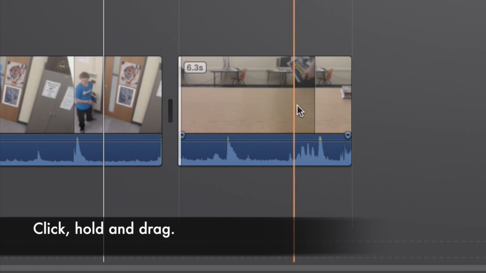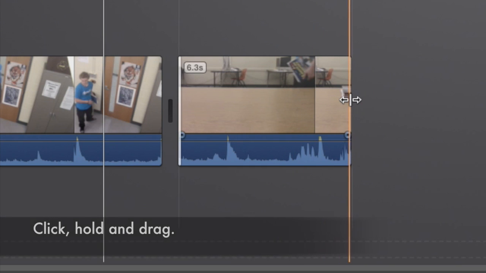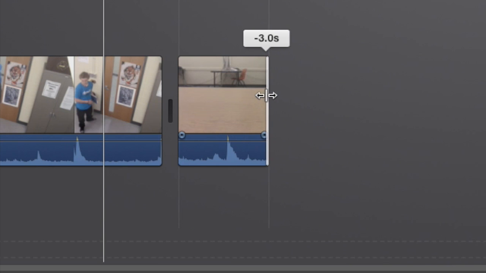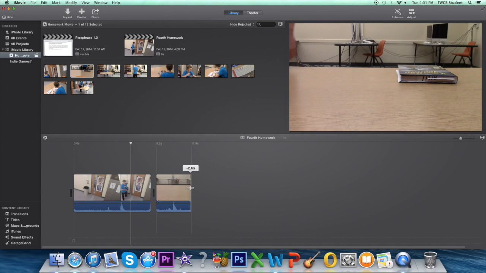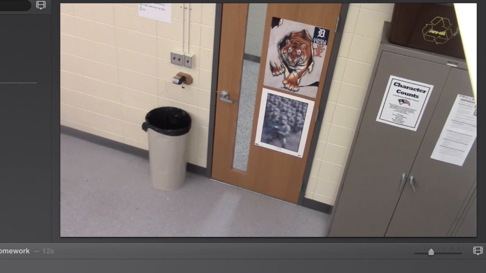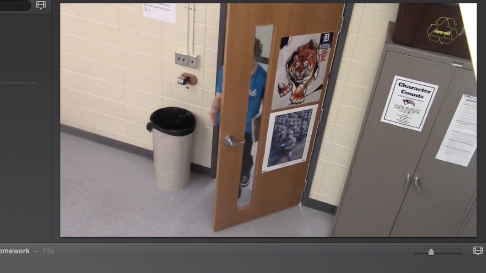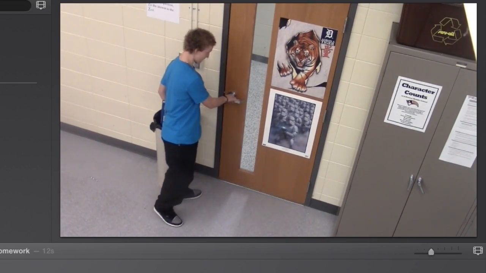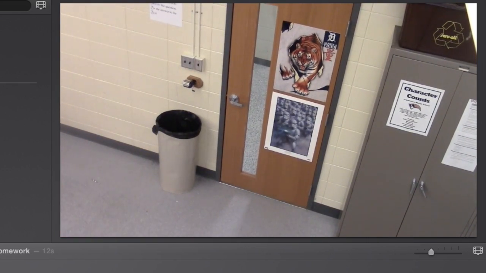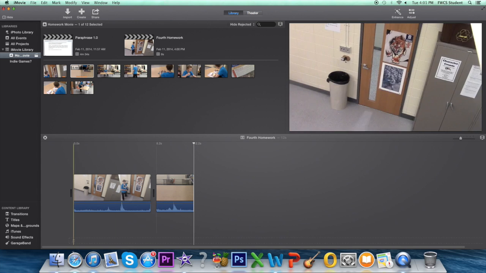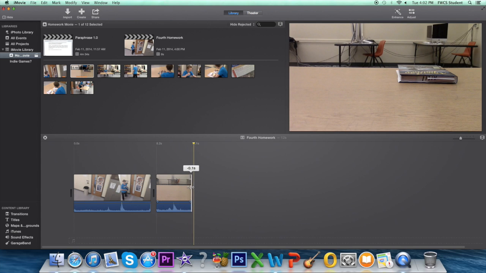I want the shot to end as soon as he's gone, so I'm going to grab the right end, click, hold, drag, and I'm going to go backwards until I see him again. As soon as he walks out, I know I can let go. And let's watch the two shots together. Put it down, walk out, and that's the end of shot 2. I might even take a little bit more off the end of that shot,